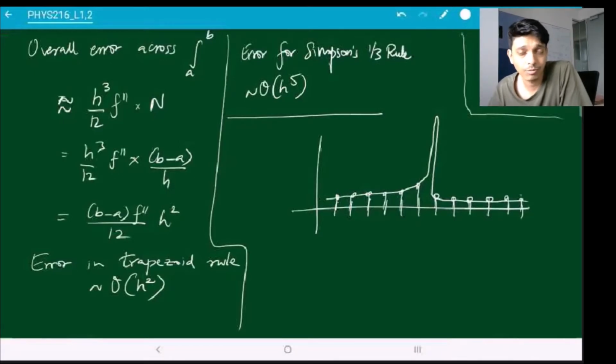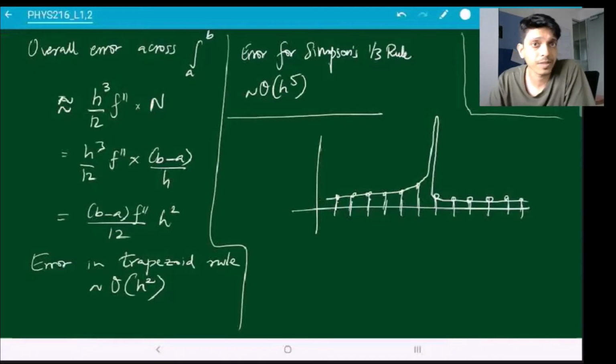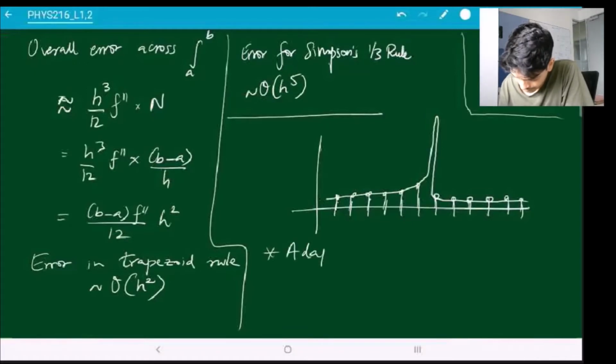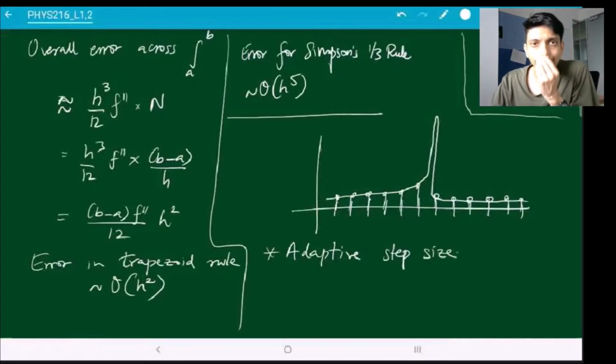And that's possible. There could be some such weird function which has a sudden small sharp peak, and then you might just miss that out because of the way that you have chosen your steps. So that problem will always remain. What you can do to prevent this kind of mishap is use what are called adaptive step sizes. Adaptive step size just means that you don't decide beforehand how many steps you're going to use.